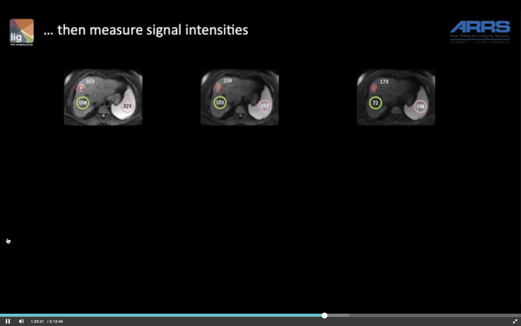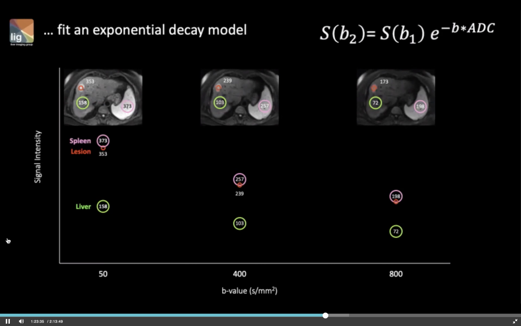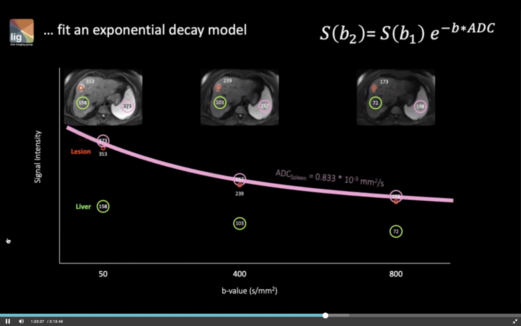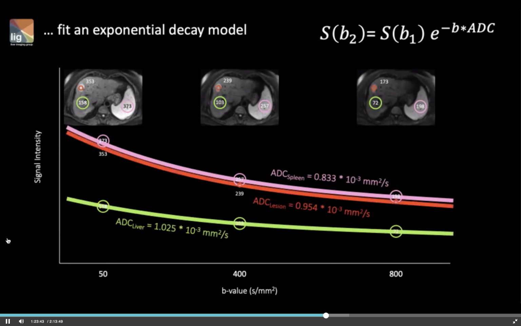So to measure the ADC, we measure the signal intensity of the structures of interest, in this case, spleen, lesion, and liver, and we plot these. And then we fit an exponential decay model with the equation shown over here, and we can calculate the ADC of the spleen, we can calculate the ADC of the lesion, and we can calculate the ADC